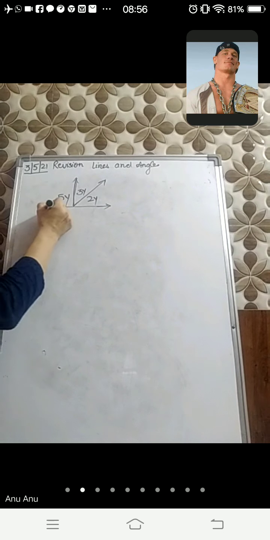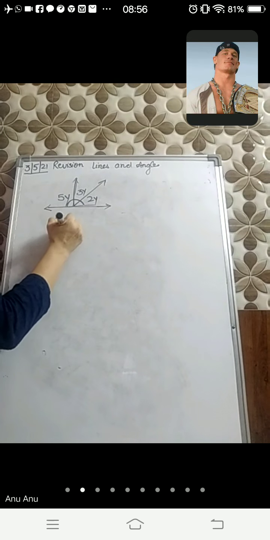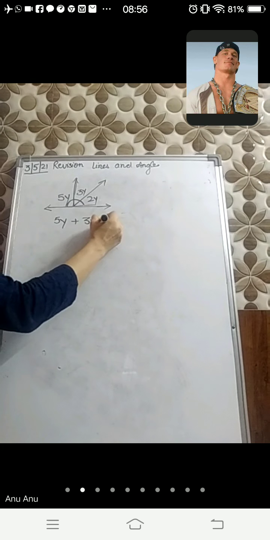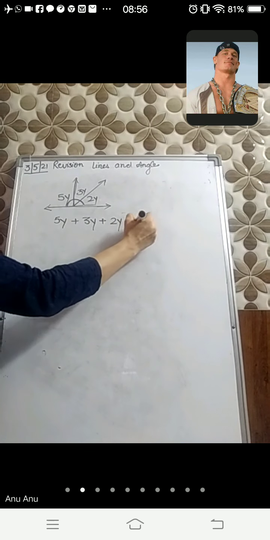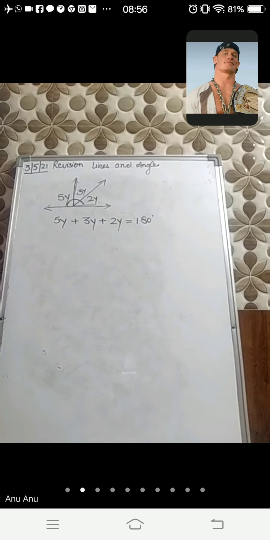Now, this is a straight line and three angles are forming here. If I take the sum of these three angles, do they form a linear pair? Can I write the reason here as linear pair? No, it is angles on a straight line, because in a pair you have two angles and these are more than two. So you will write here angles on a straight line.